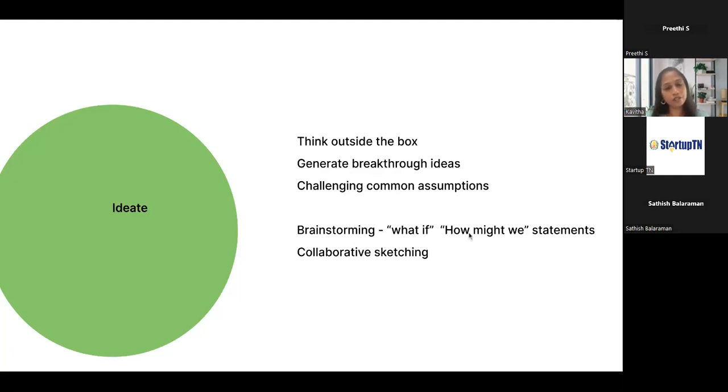And "how might we" is another good technique that you can use. Based on the problems that you have collected, you can start writing "how might we" statements. For example, how might we make the process of paying tax much easier? How might we ensure that we pay tax on time? Or how might we ensure that the tax we paid is actually coming back to us in terms of good roads and good infrastructure? So having a "how might we" problem statement will help you ideate better,